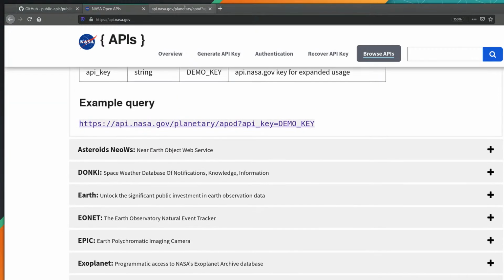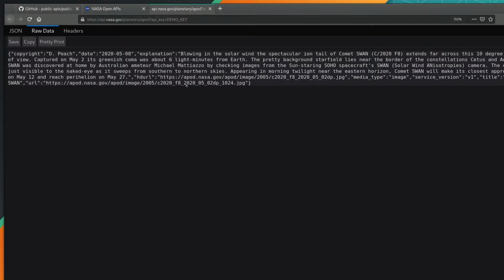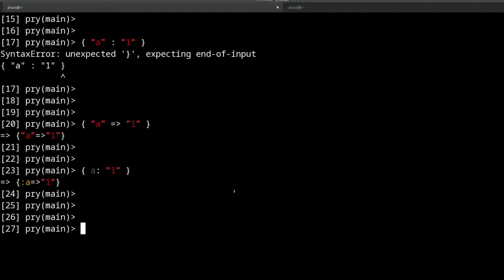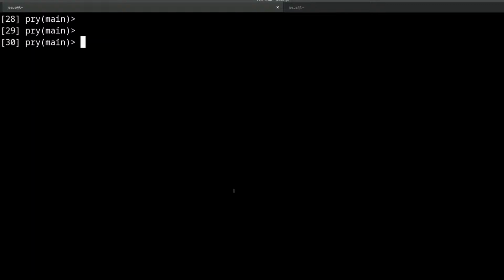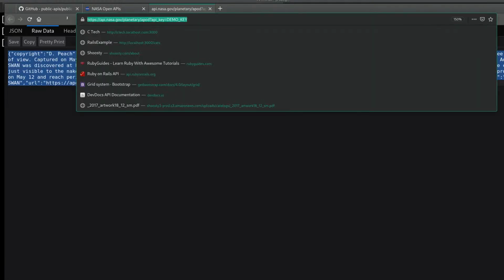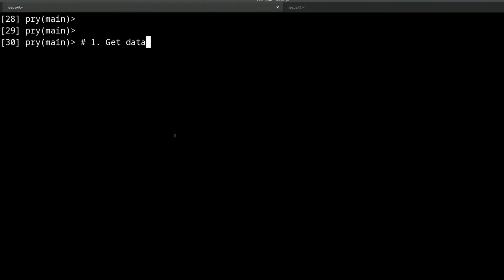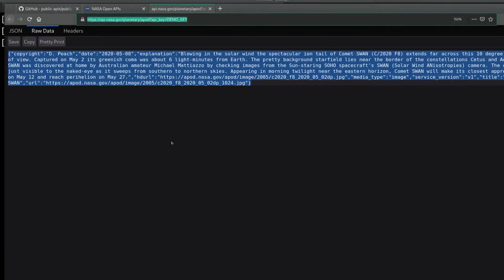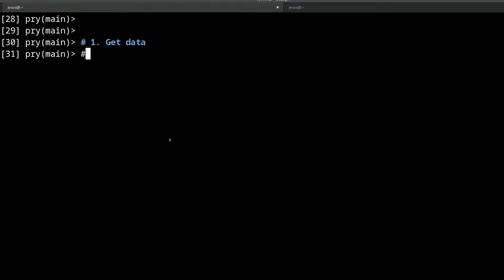Okay, so we have that. So we have to do two things here. Two things, notice this. Thing number one, we have to get data. Somehow we have to get this data from the URL into our Ruby code. Somehow we have to do that. Okay, and thing number two that we need to do, what is it? Well, we have to